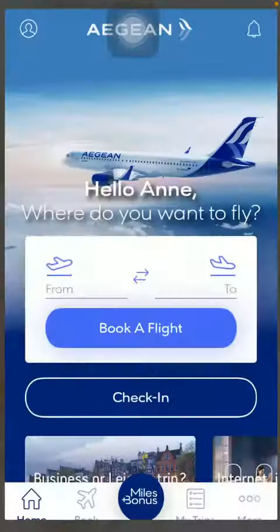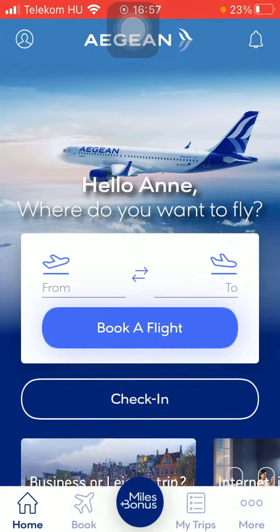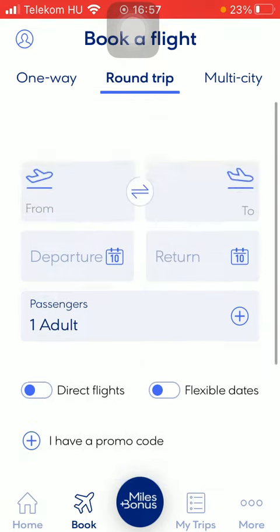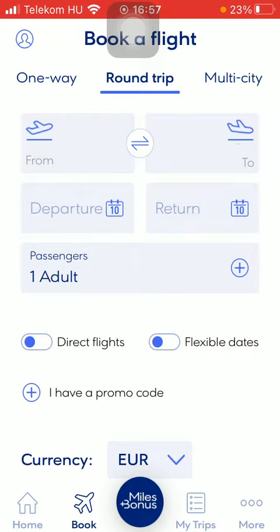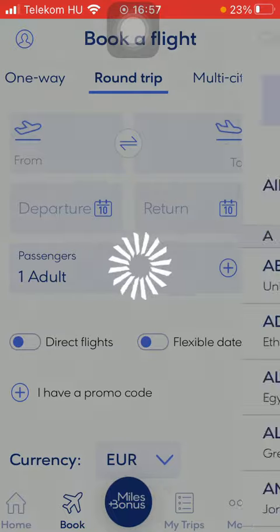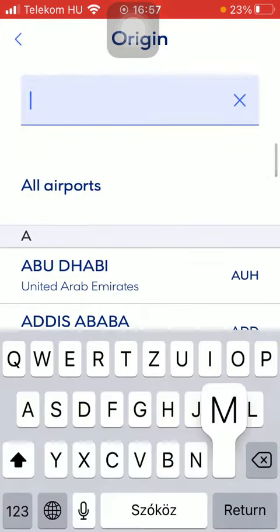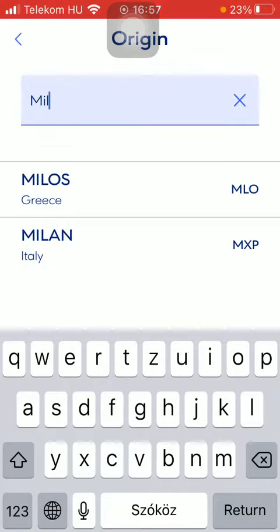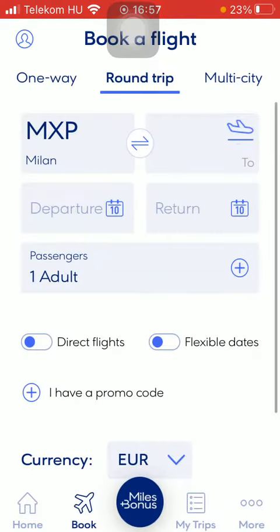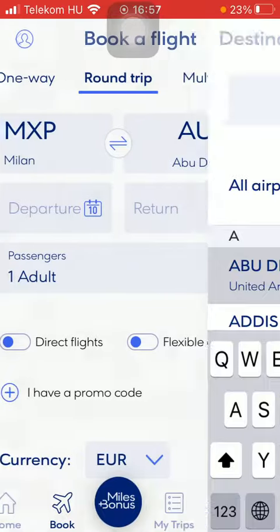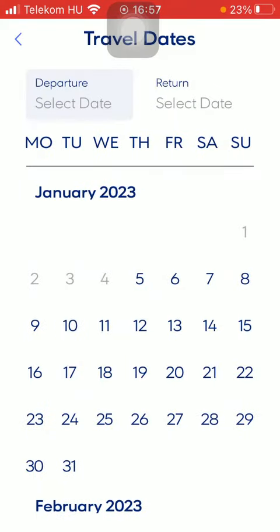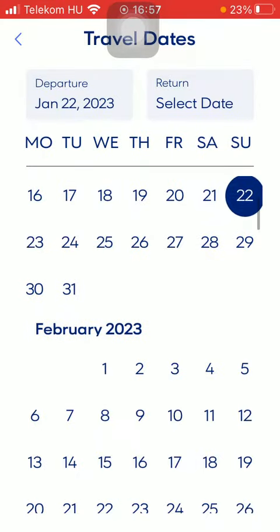First of all, open the app on your phone, tap on the book button down below, and after that you should select from these options at the top: one-way, round trip or multi-city. Then you should select your departure point. You can either type it in or select from the list. So tap on it, then select your destination. Set the date of your departure and